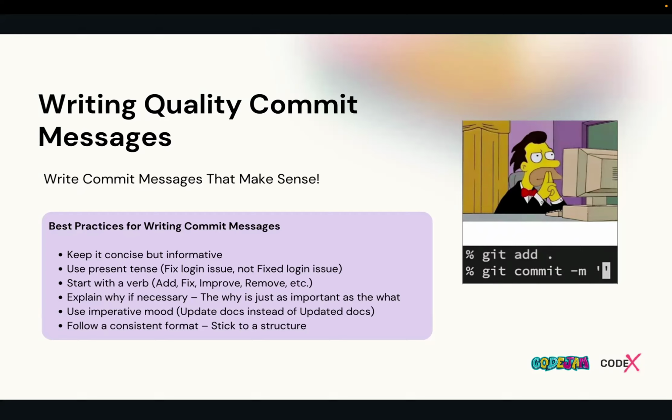It's better to use present tense as a corporate practice. So we usually use present tense. And also it's better to start with the verb: add this, remove this, fix this problem, kind of things. Then if the code is kind of confusing, it's better to explain the thing that you do. That means if it is an algorithm, using this algorithm, or something, adding.